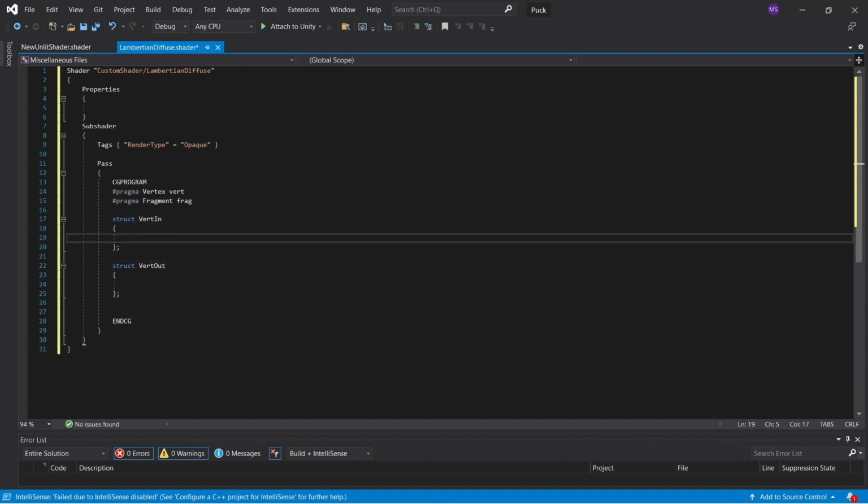And in these structs, we will want some data. So the vertex in struct will actually get given data from Unity automatically. If you request the vertex position, that will be provided by Unity. If you request the normal values, that will be provided by Unity. UV coordinates, a bunch of stuff you can ask for in the vertex in. But we just want a position,